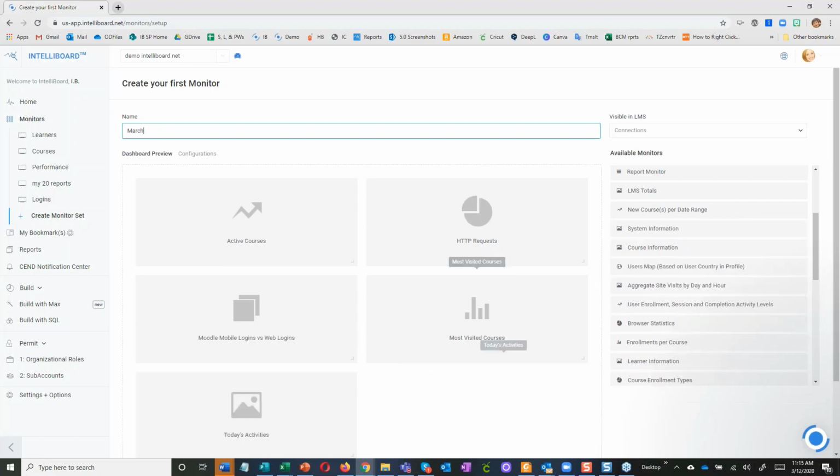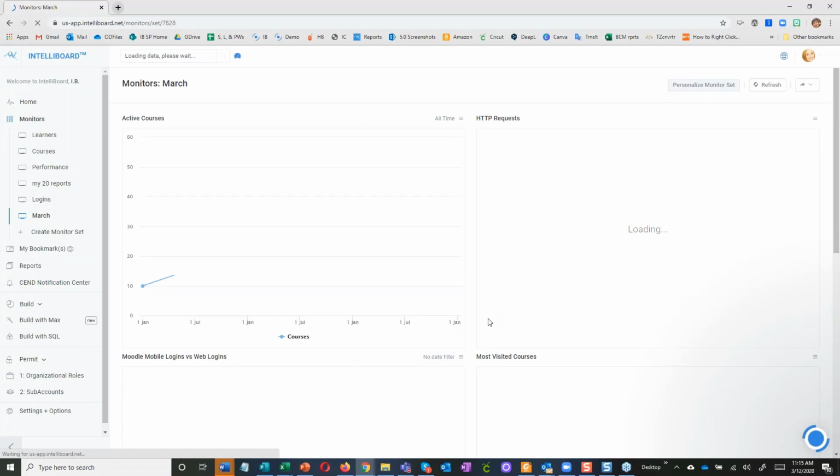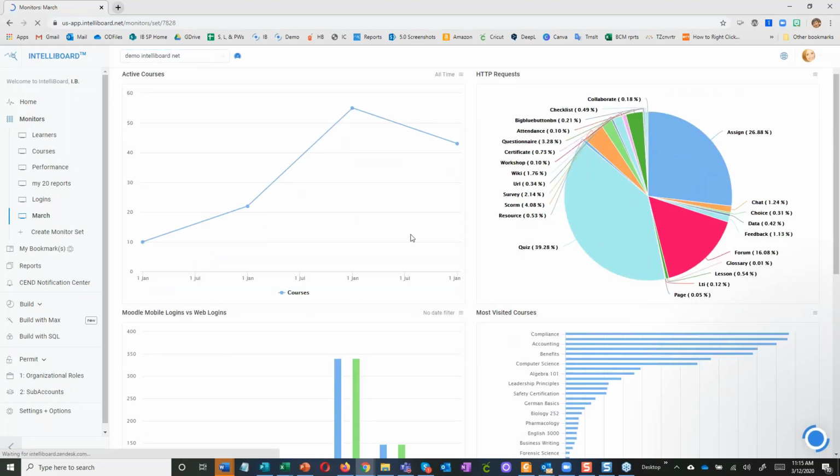I'll go to today's activities. So you can see that it's responsive. When I grab these, then it immediately populates. More importantly, I want you to be able to see in the nav menu on the left that this monitor set that we just created is now available to you. So this is the most important thing.